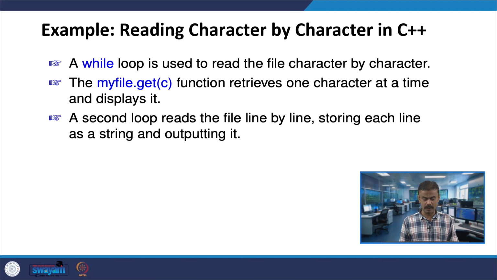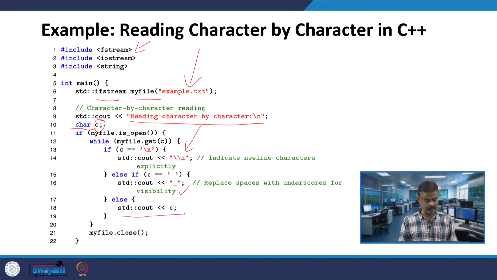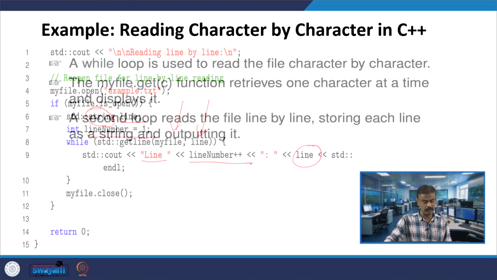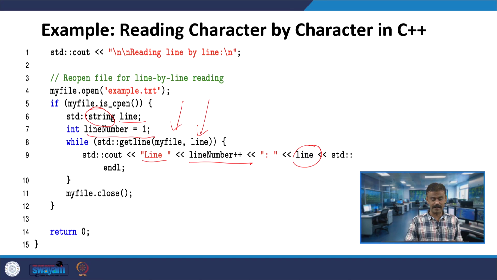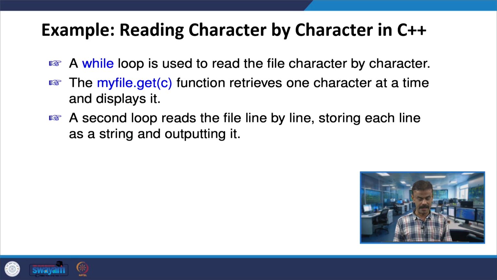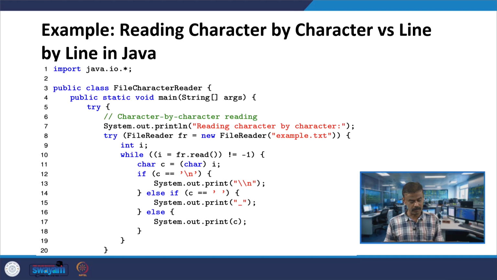When you are having the while loop character by character, in this case whenever it is true, get character, some character occurs, and then the loop is executed and then you are printing with underscore as well as the newline point of view, alright. And the second case, it is reading line by line. This is the second loop, while getline my file comma line. That means it is reading line by line. So, character by character and line by line.